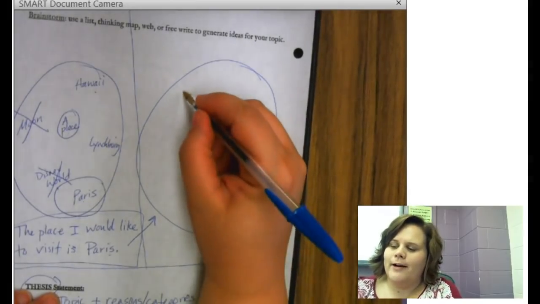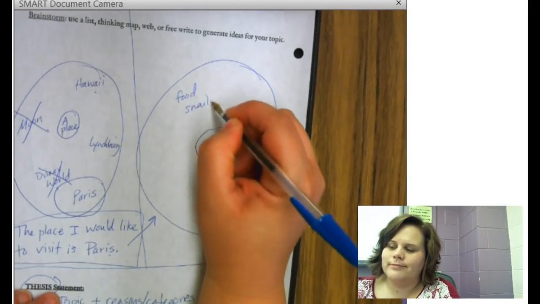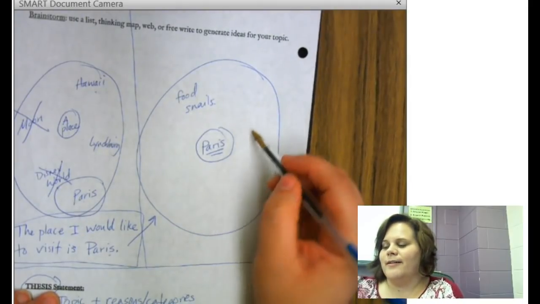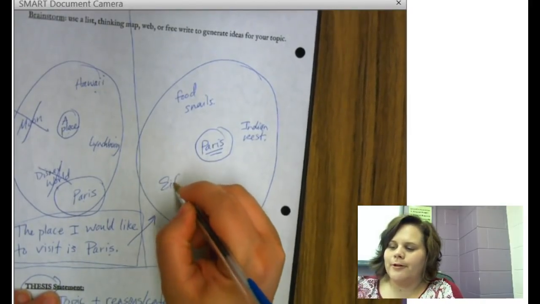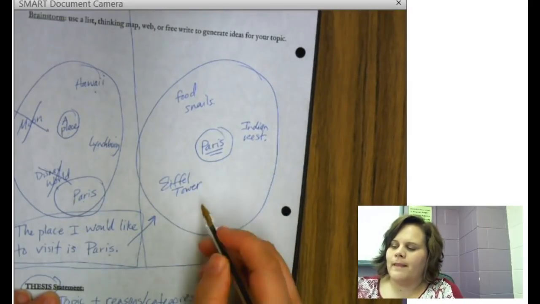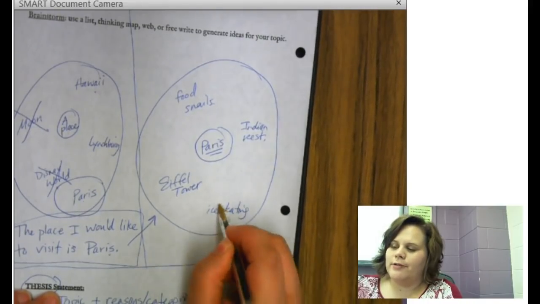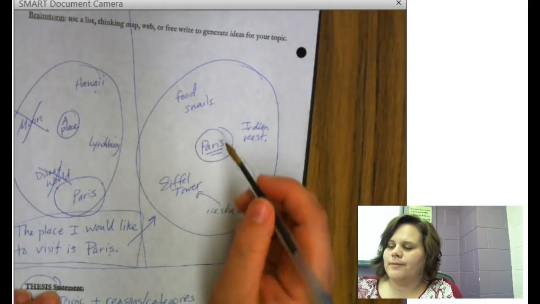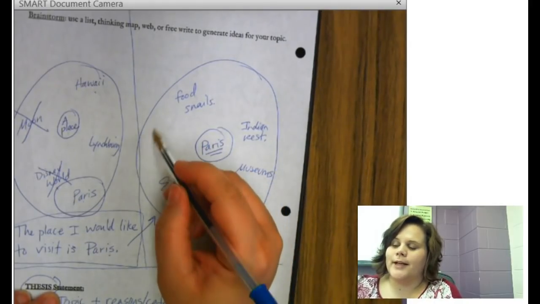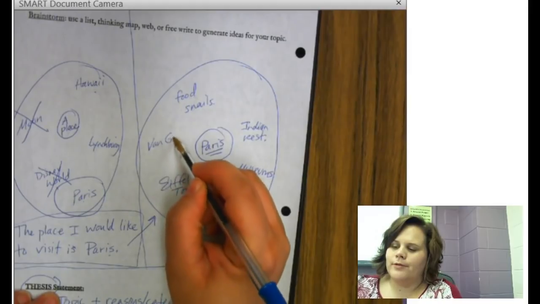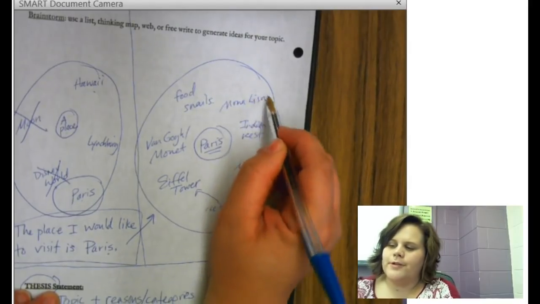So bear with me. When I was in Paris, I ate this weird food. I ate snails. Kind of cool. I also ate at an Indian restaurant. Believe it or not. You could go to the Eiffel Tower. Go ice skating on the Eiffel Tower. That's a thing. You could go to museums. There's the, who's that guy? The Van Gogh and the Monet paintings are there. The Mona Lisa is there. There's a castle,